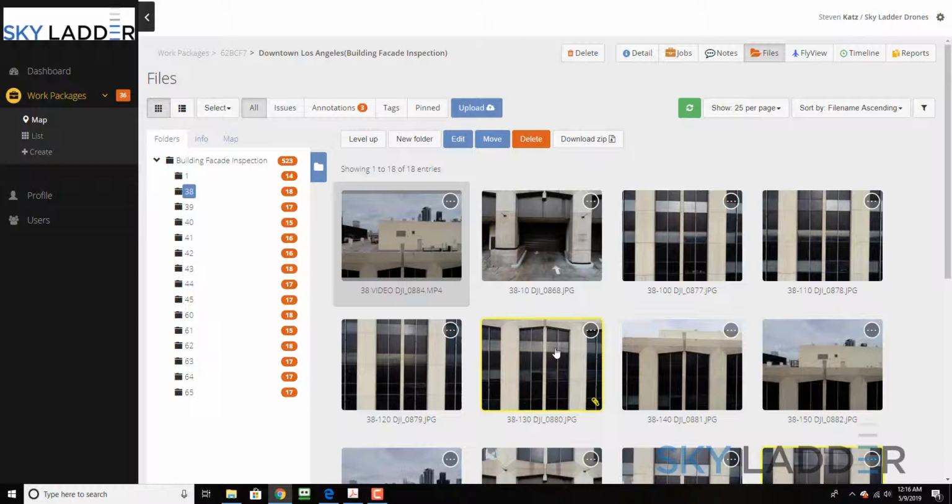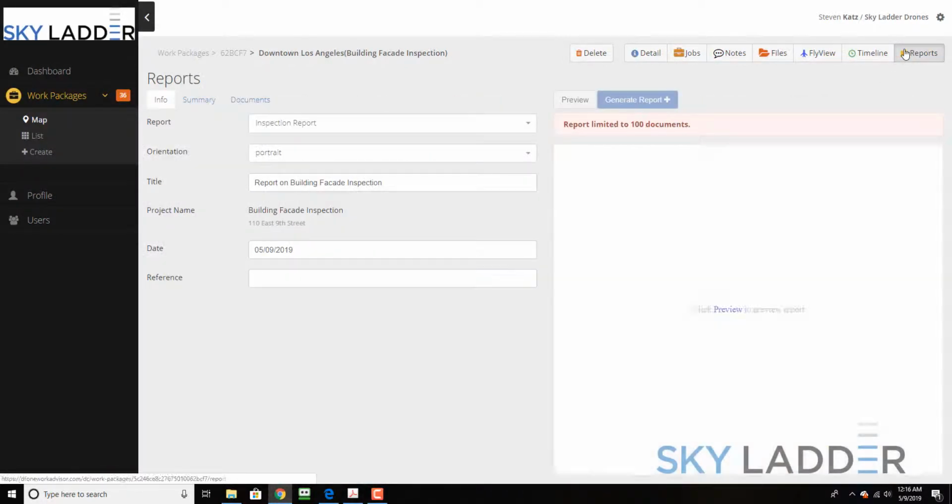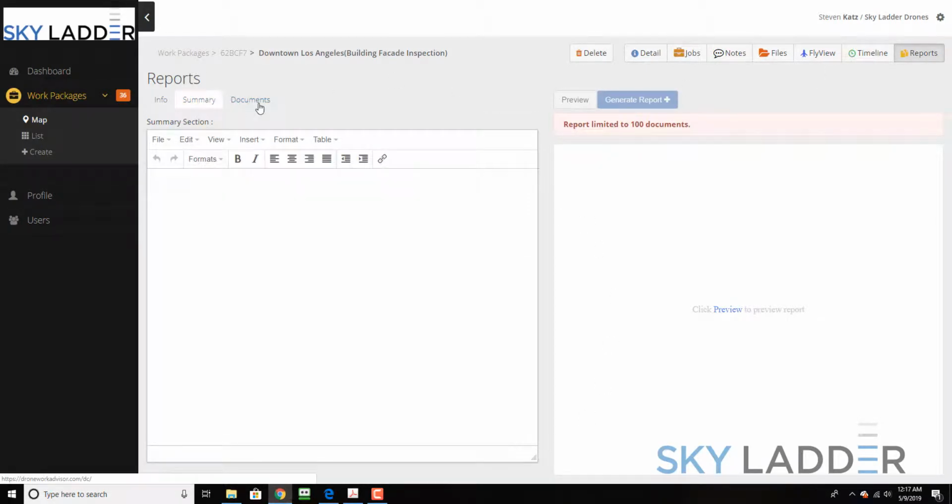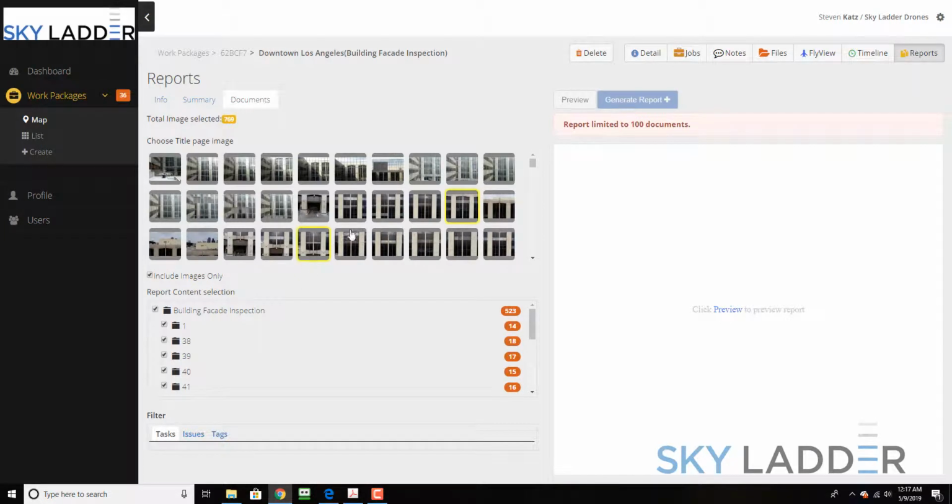and I'll show you how we can actually annotate it and then run reports off of an inspection report based on a variety of different requirements or filters. So you can filter based on things, we can summarize it, and you can see these are the highlighted items. We can say that are tags, things that are tagged or things that are issues, and only show those images, for example. So we say, hey, let's show these two images, generate a report,